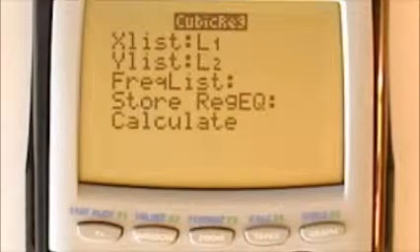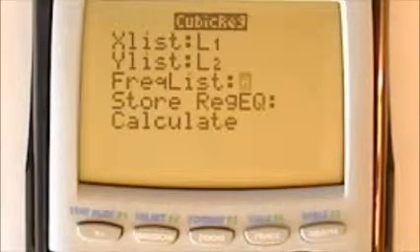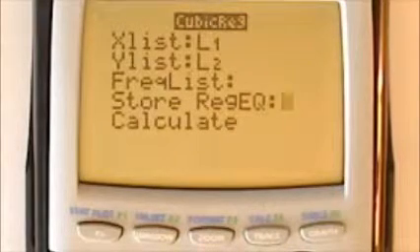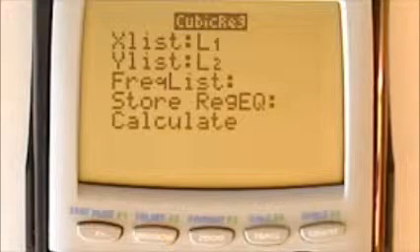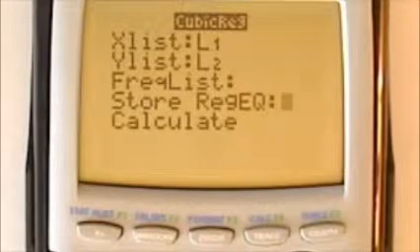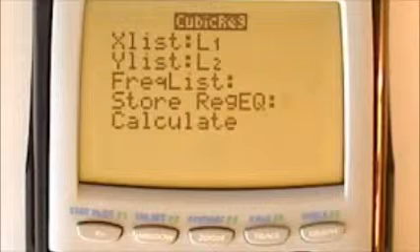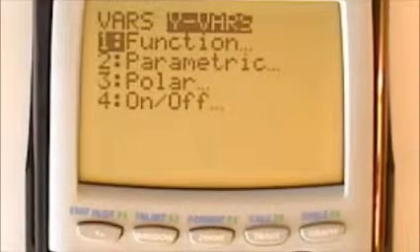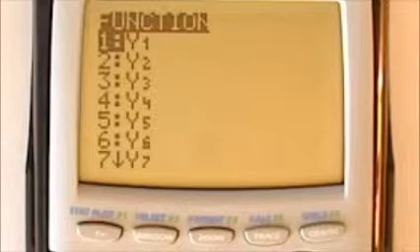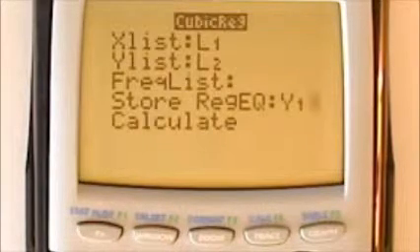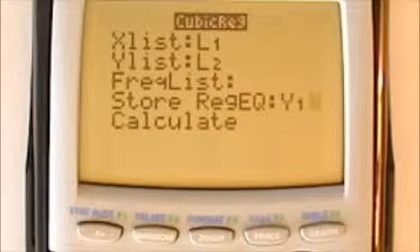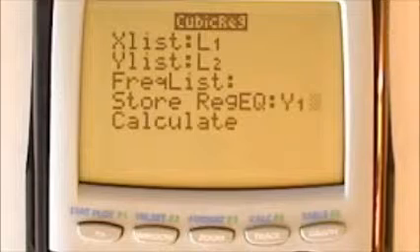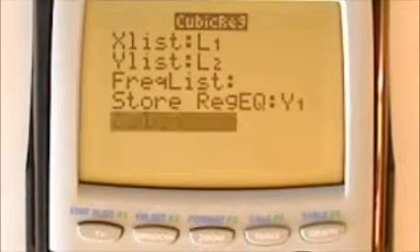X data was in list 1. Y data was in list 2. There's no frequency list here. We're going to store our regression equation. We want to put that equation in the y equals. So we go vars, arrow over to y vars, enter function, and then number 1 for y1. That just tells the calculator to record this equation that we're going to calculate in y1. Press calculate,